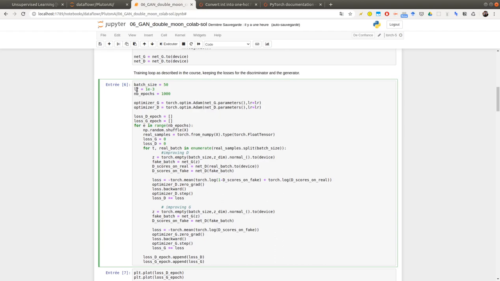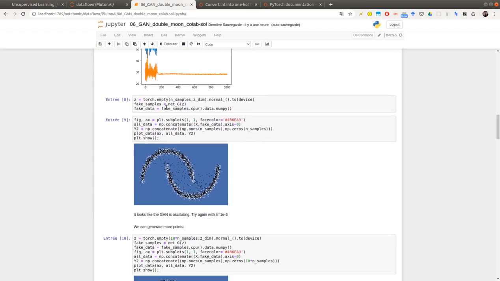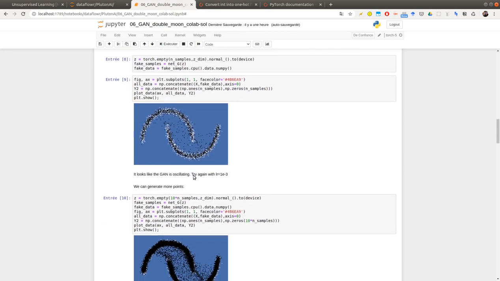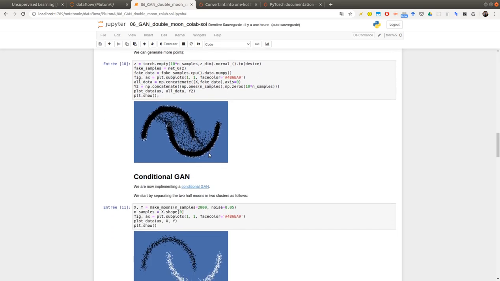This is the training loop with the learning rate, which is the right one if you want. So you see that it does converge, as we saw in the course. It produces points which follow more or less the distribution of the initial dataset.